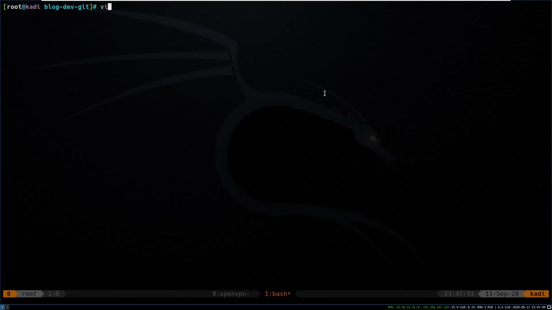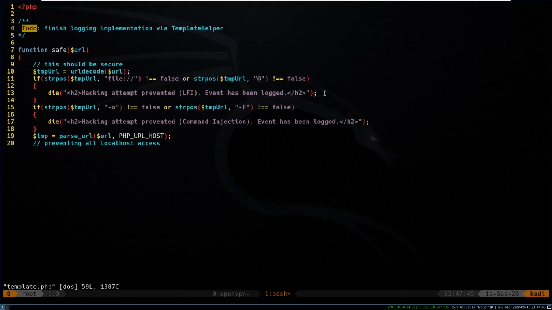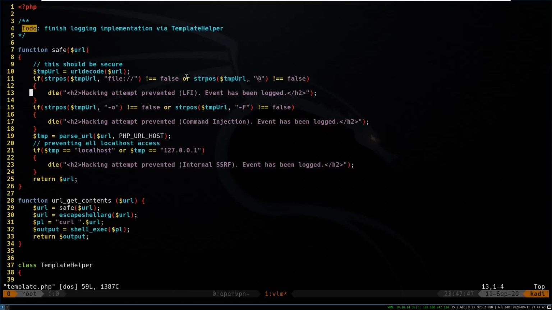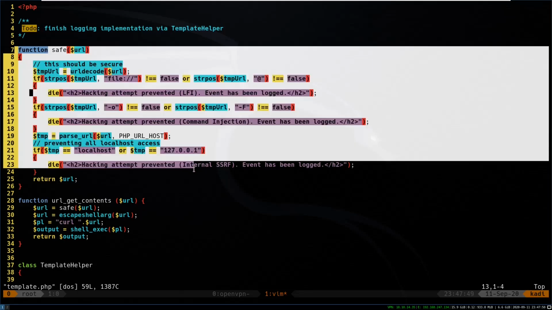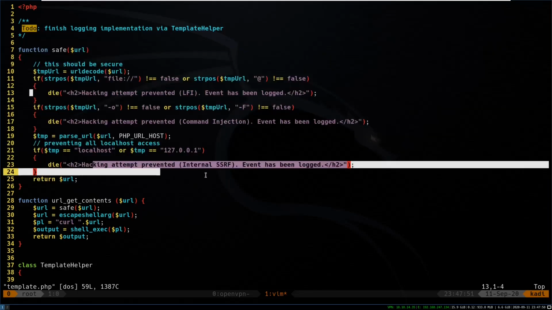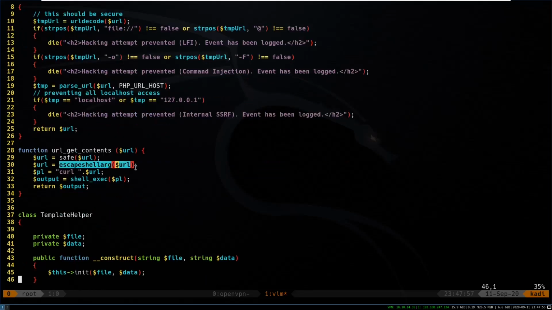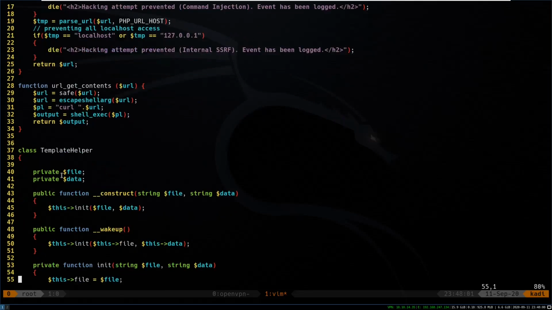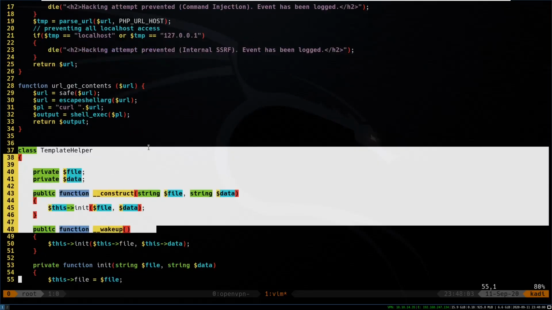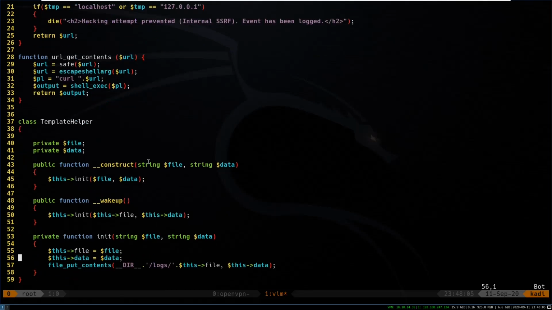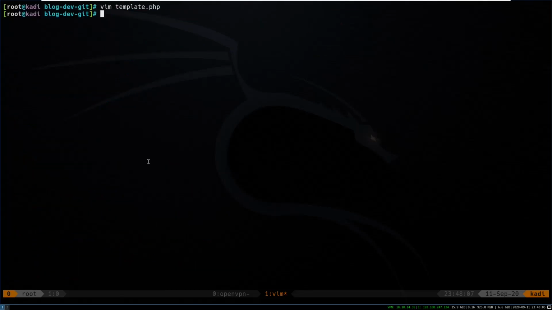Okay, and looking in template, we have some stuff about making a URL safe by preventing SSRF and command injection by sanitizing the URL. It passes through escapeshellarg, and then it curls the URL. And then we have this strange TemplateHelper class. And if we look at rss_template,